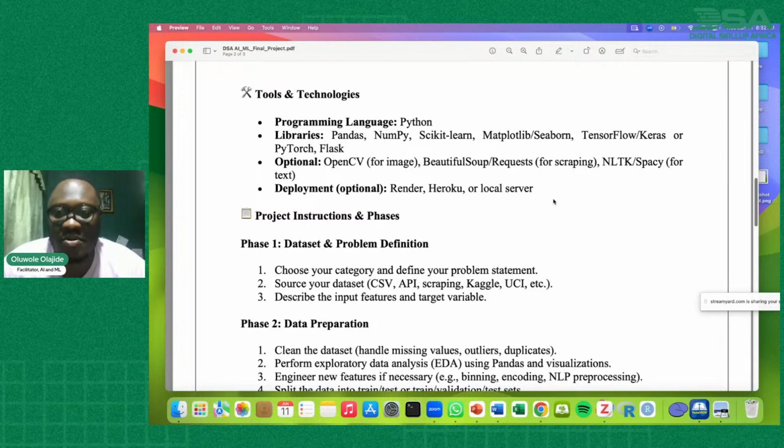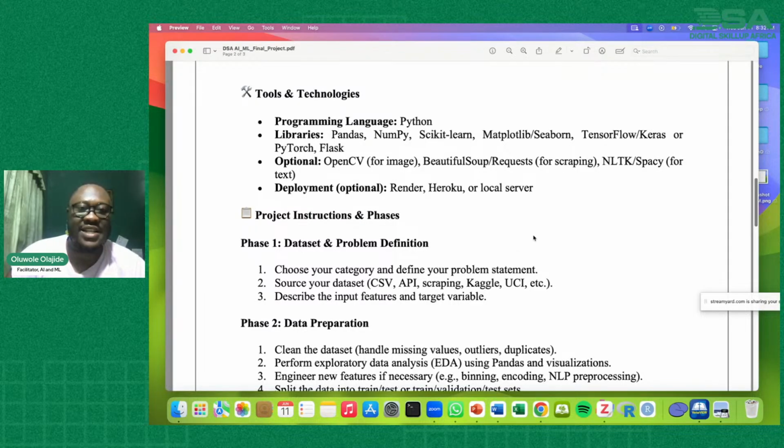If you want to scrape, you might want to wow me and scrape, which will be fantastic. Then you can do your deployment. You can use Render or Heroku or whatever way you think you can do that, so you can see your web interface. If you want to use Mr. Blessing's style, it's fantastic by me.